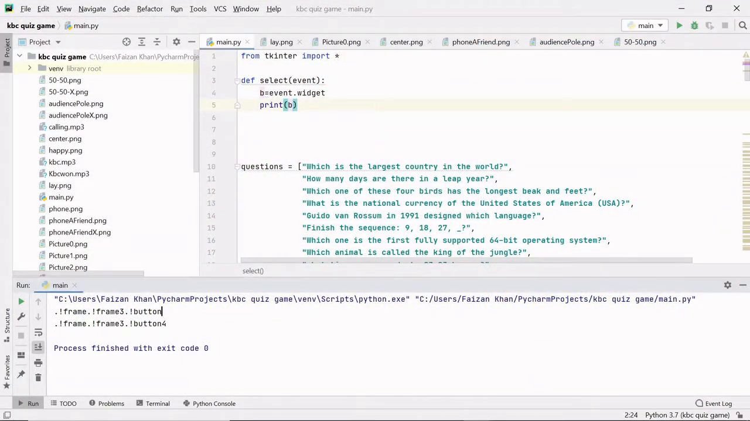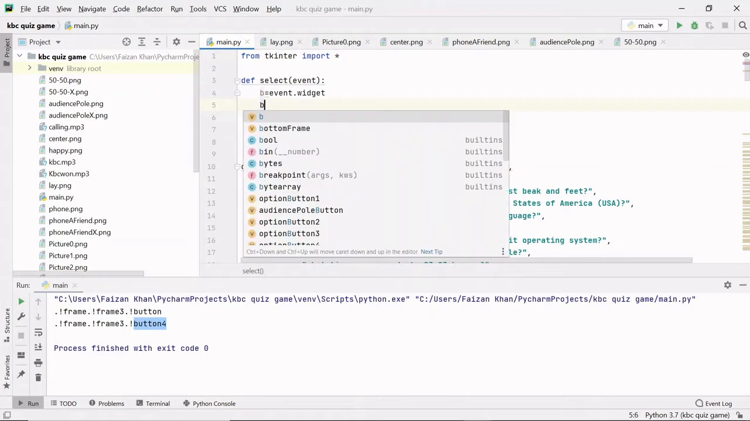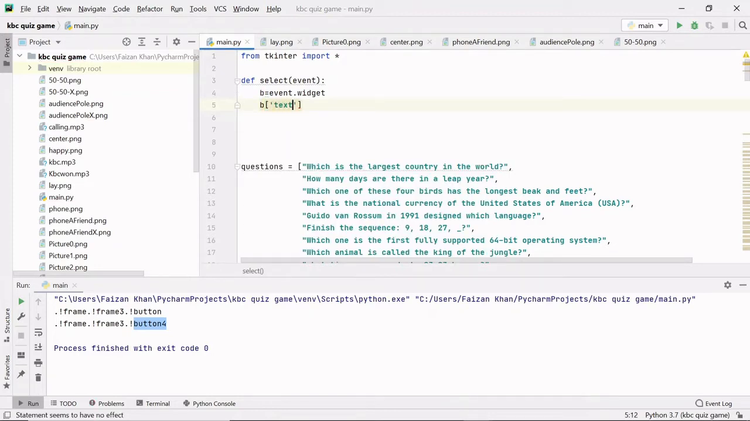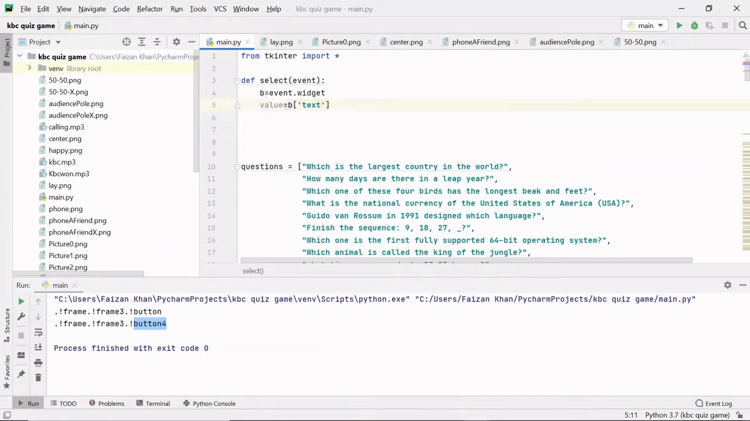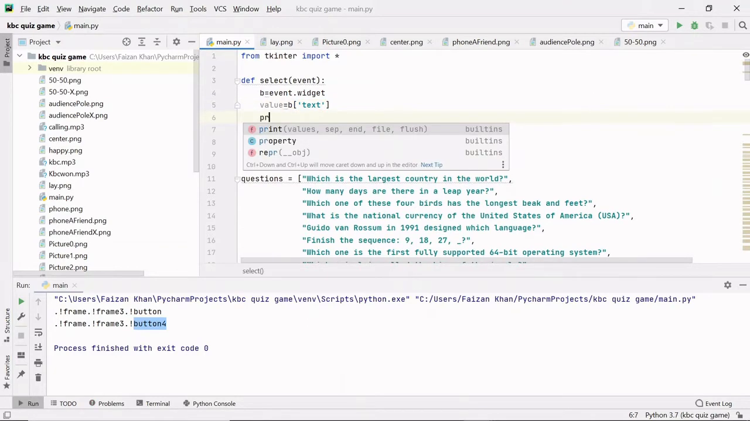You can see here this is our button 1 and then this is our button 4, but we are interested in the text which is written on that button, so that we can compare that to the correct answer. If it is correct, then we will change the options and the question, otherwise we will show a new window, game lost. So to get the text of the button, we'll write b, and in square brackets we'll simply mention text as a key, and we'll get the value inside some variable. I'll give the variable name as value, like this. Now if I print this variable value,